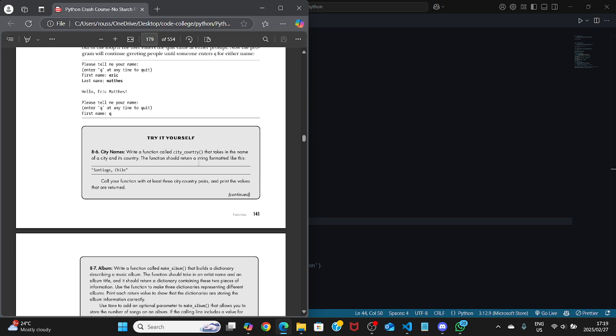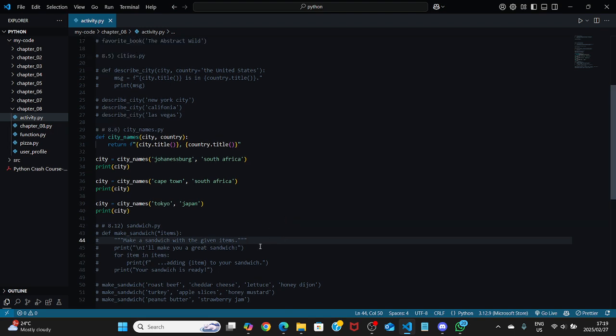Write a function called city country that takes in the name of a city and its country. The function should return a string formatted like Santiago, Chile. Call your function with at least three city country pairs and print the values that are returned. Okay, so